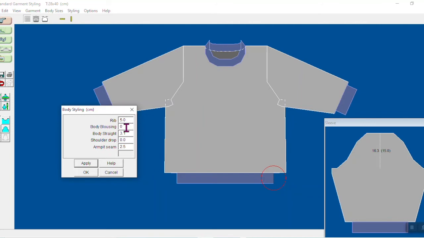Body blousing, that is this part here. It's the number of stitches to increase across the width of the garment. For machine knitting, we very rarely do that. There are times when we might do it, but for the most part, we rely on the rib to pull